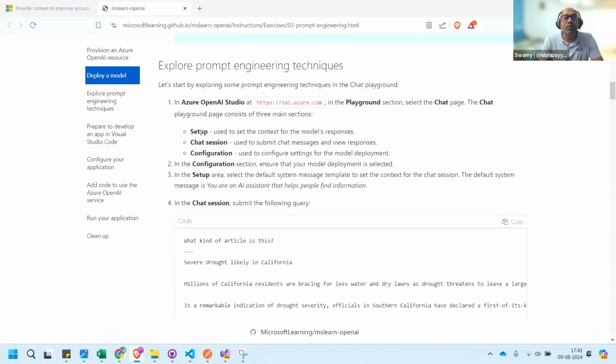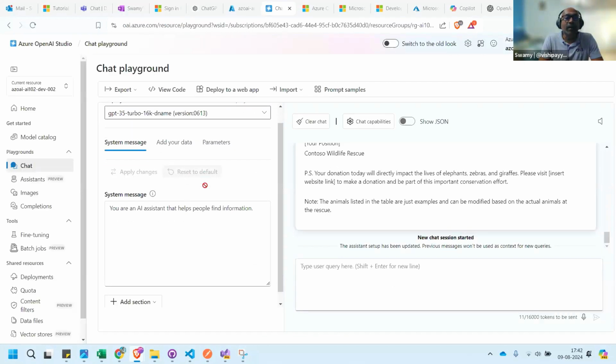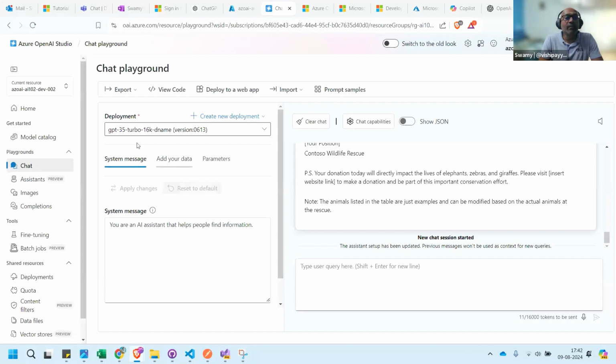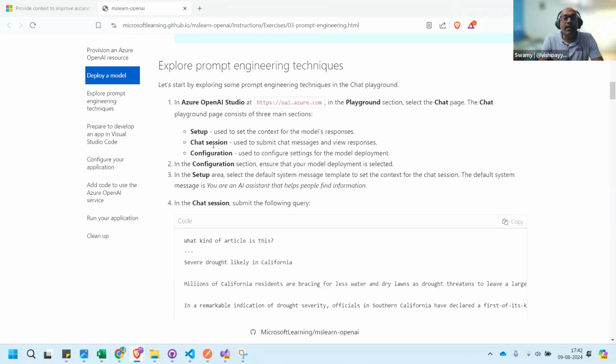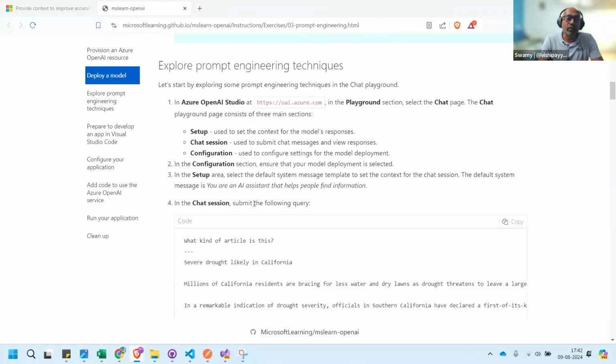We need to set up the system message, which is used to set the context. Let's go to the chat area. You can see the chat session configuration. In the configuration section, you can see this system messages. We'll focus only on this one.